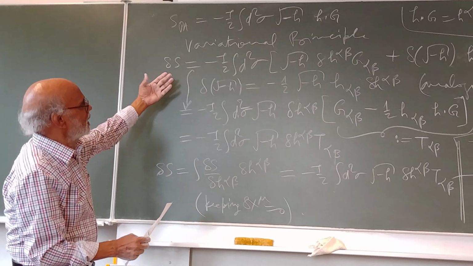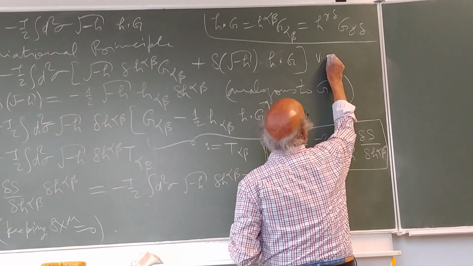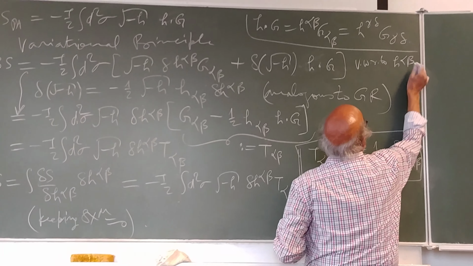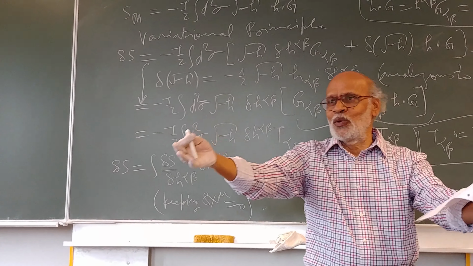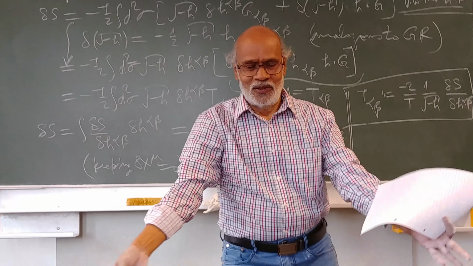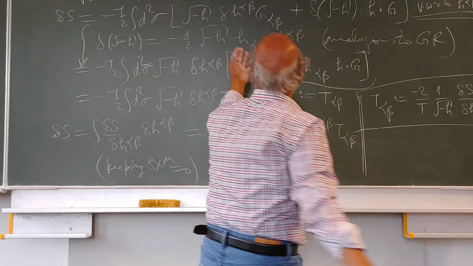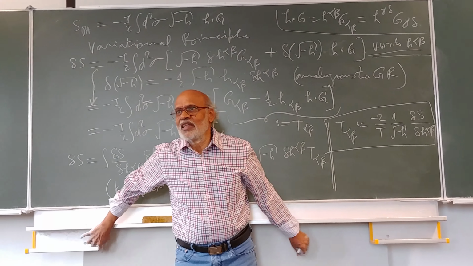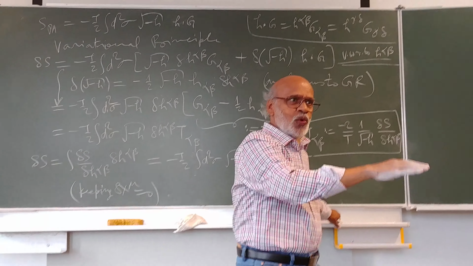You see what you have done here. You have varied the action with respect to, what does it mean? It means you have assumed that the variation with respect to x mu is 0. Okay? Without saying that, if I write it like this, otherwise I should also vary it with respect to x mu, but assuming that delta x mu is 0, so I keep x mu